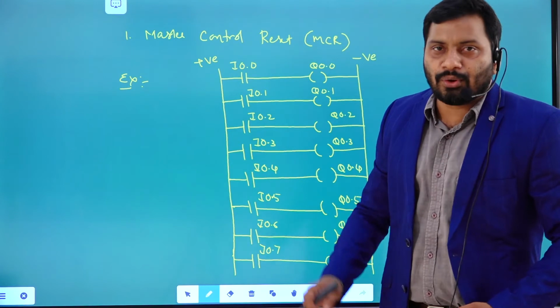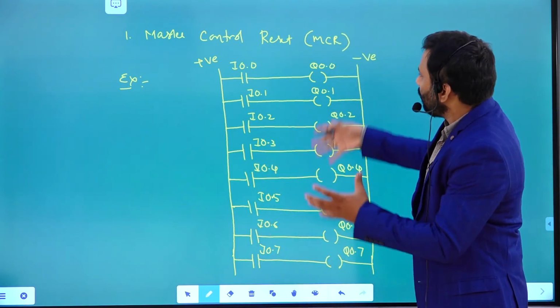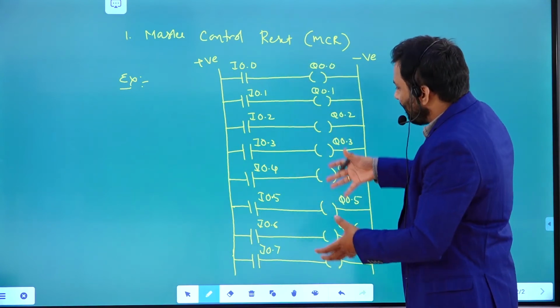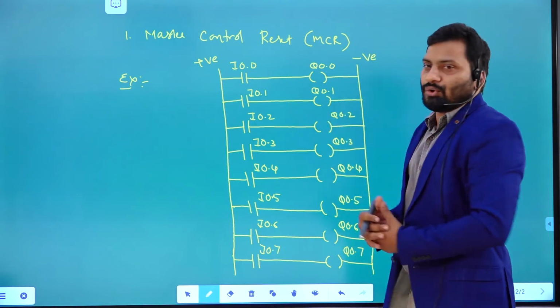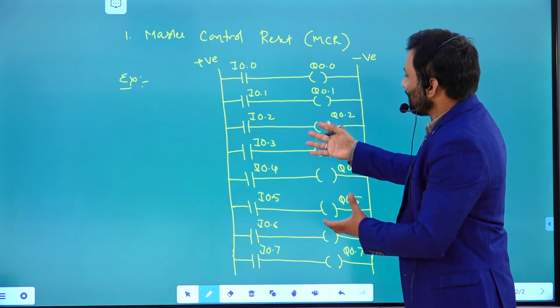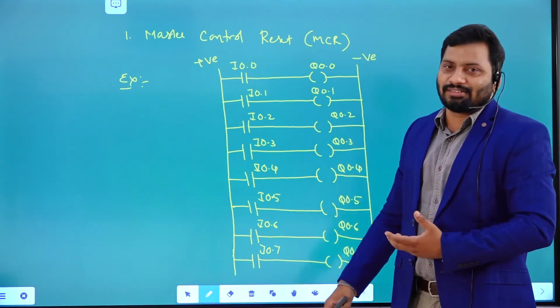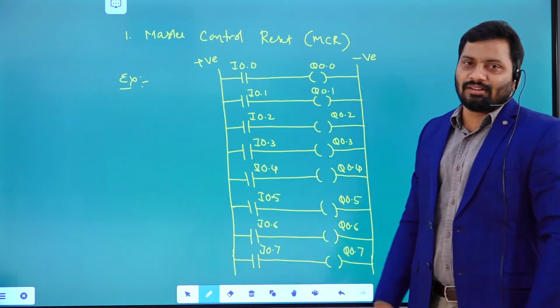If you look at this particular PLC logic, there is no master control reset instruction. All instructions are just using contacts and coils. Nowhere is a timer instruction, nowhere is a counter instruction, or a combination of both. So there is no master control reset instruction also.